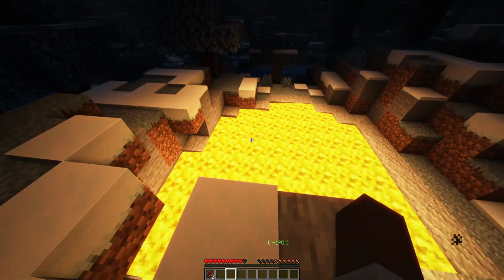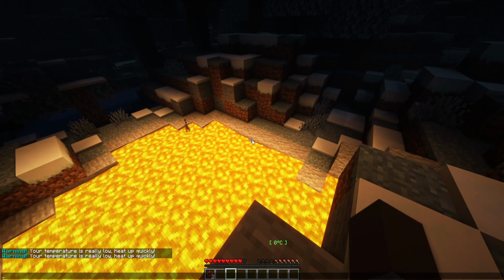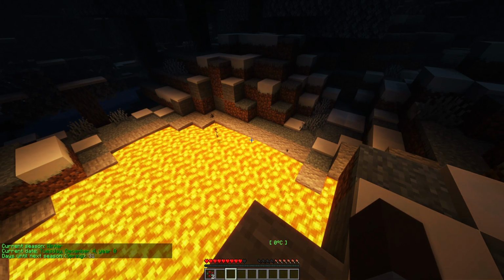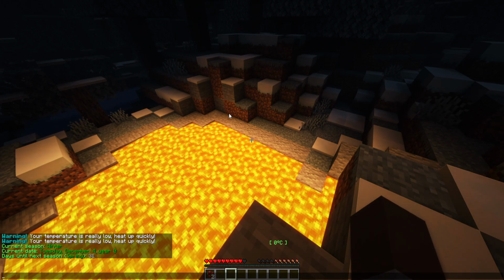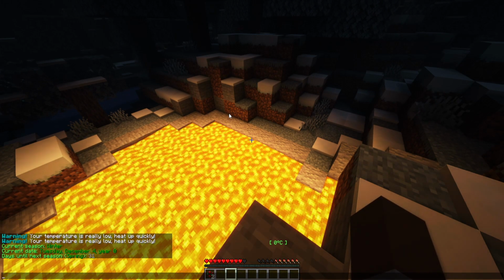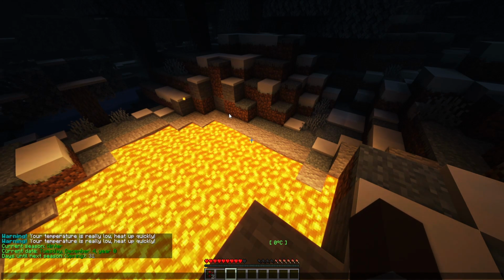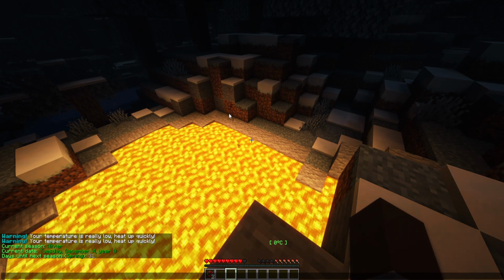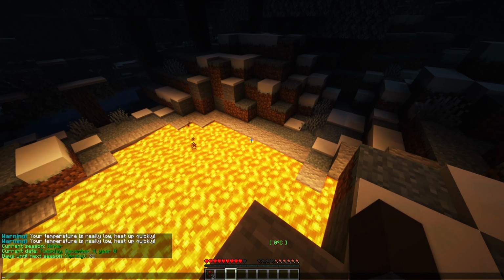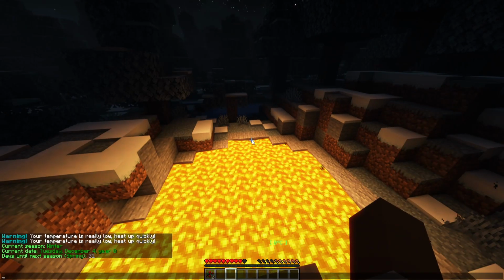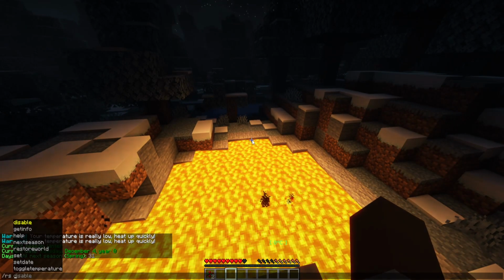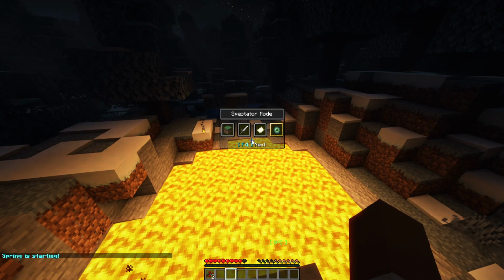So I'm just gonna stay around this heat, and I just feel a lot more warm. We can do RS get info, and that will get us the info as well. It's the same command as season, but season is for normal players. RS get info is for admin. It is permission based as well, so if you want to check that out, and there is more features coming soon. What I want to do right now is RS next season, and I want it to become spring